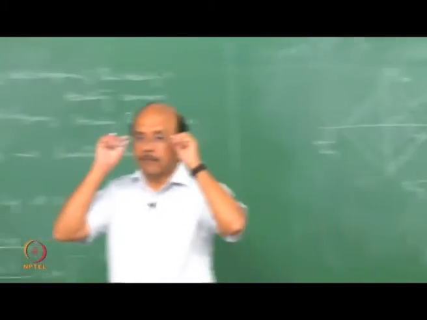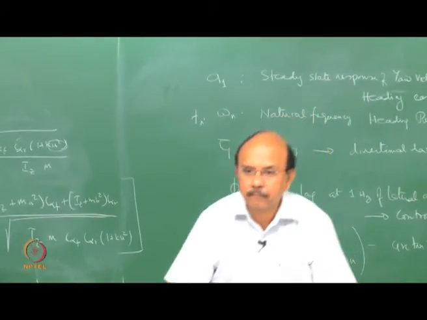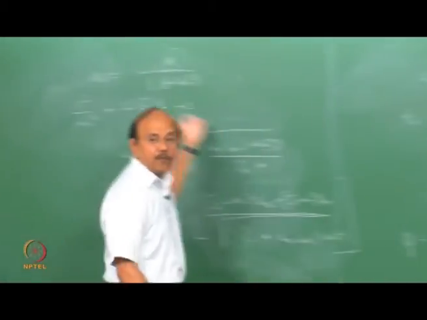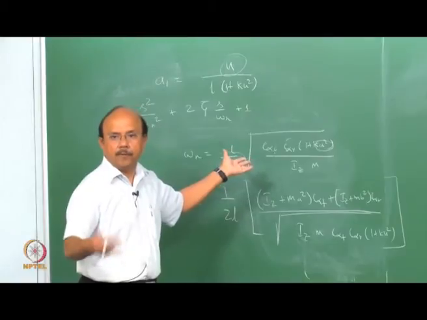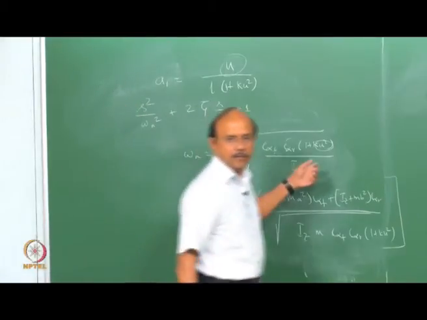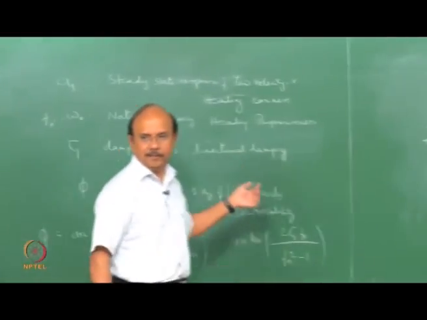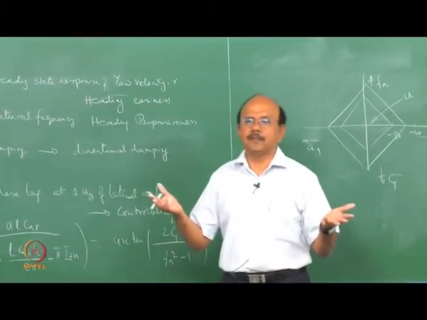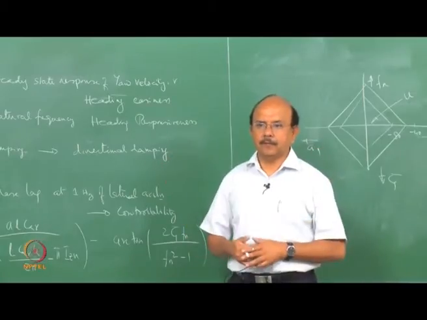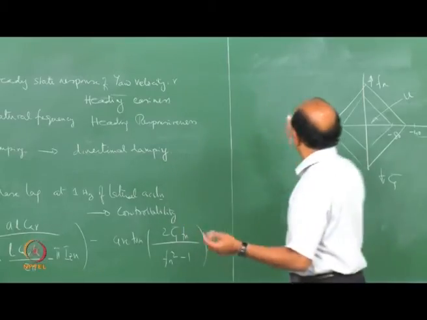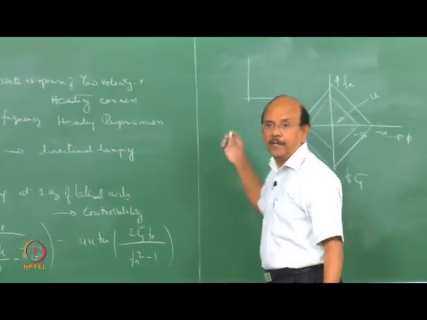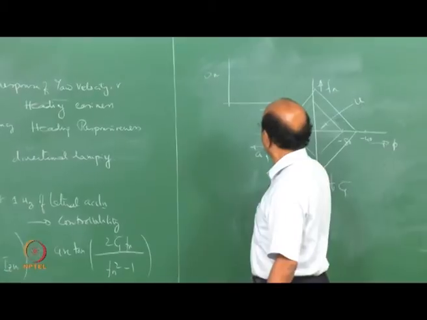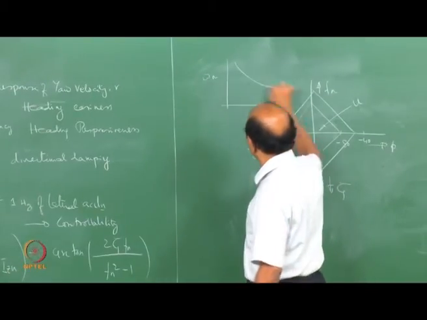How about the rhombus when you decrease the velocity? Yes, the typical value. See, because I have this formula, we will do a problem in one of the assignments. I have all this formula here, and I know the typical values of K. Just substitute it, vary it with the velocity. In fact, if I want to now plot omega n versus u, the graph would look something like this.